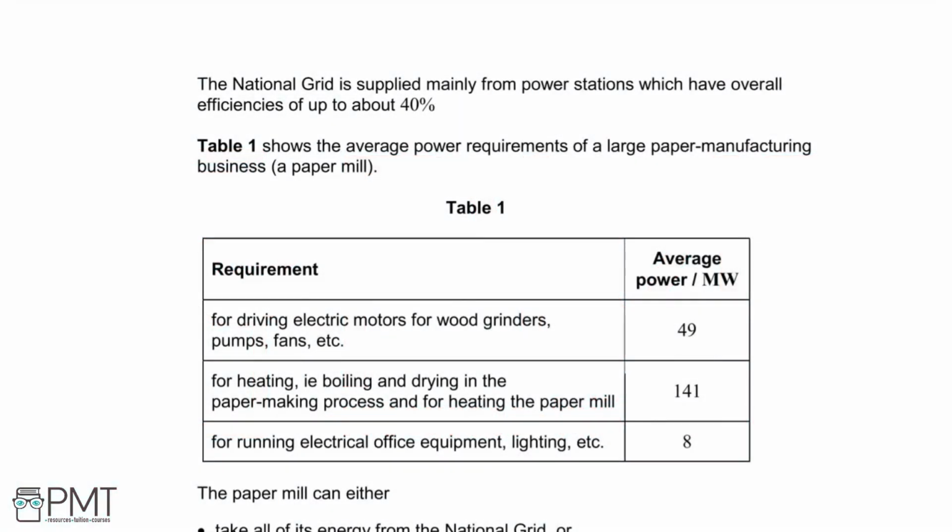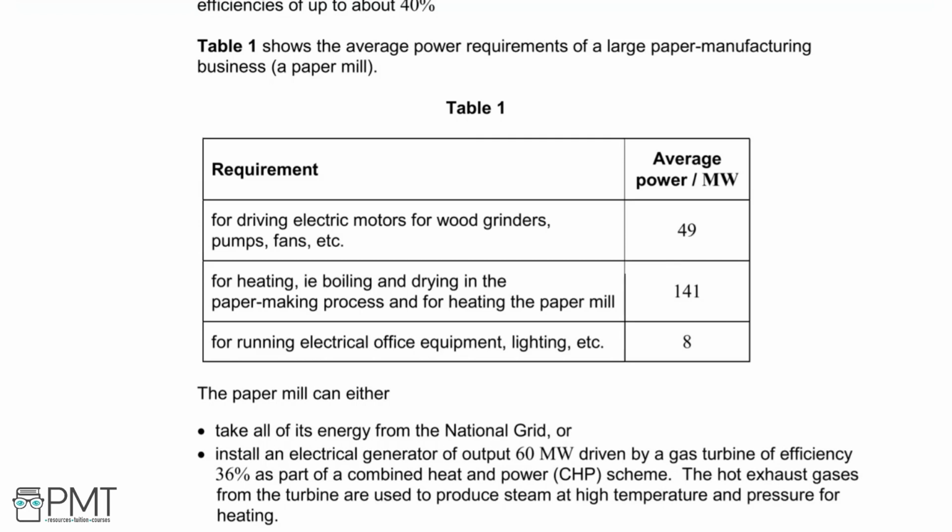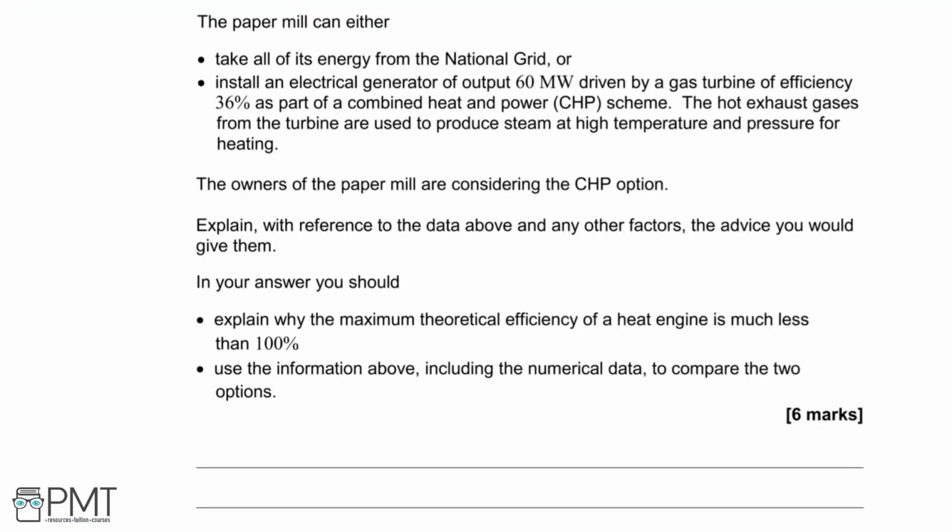The national grid is supplied mainly from power stations which have overall efficiencies of up to about 40%. Table 1 shows the average power requirements of a large paper manufacturing business, a paper mill. So as you can see there, Table 1, different requirements, and then the power that those things require. The paper mill can either take all of its energy from the national grid or install an electrical generator of output 60 megawatts driven by a gas turbine of efficiency 36% as part of a combined heat and power or